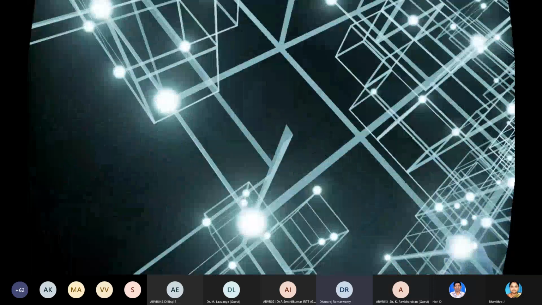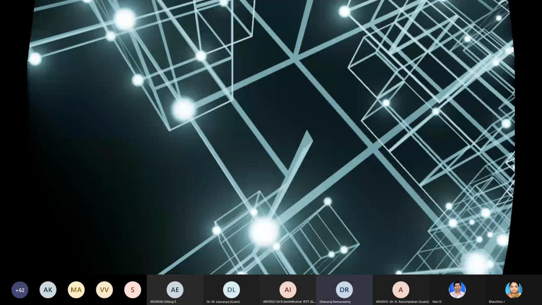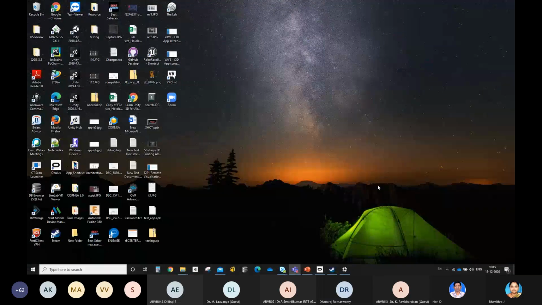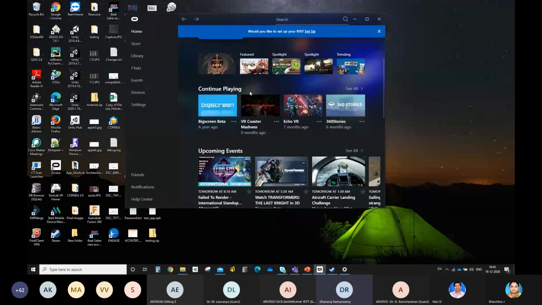Let me load the next example. This is the Oculus library.